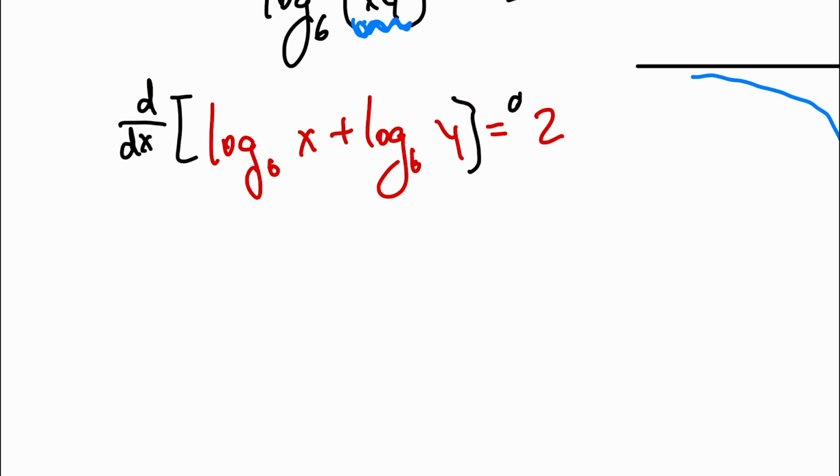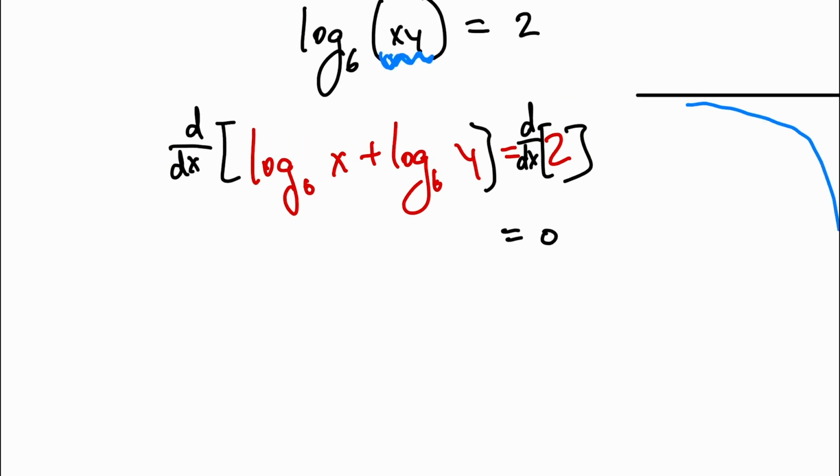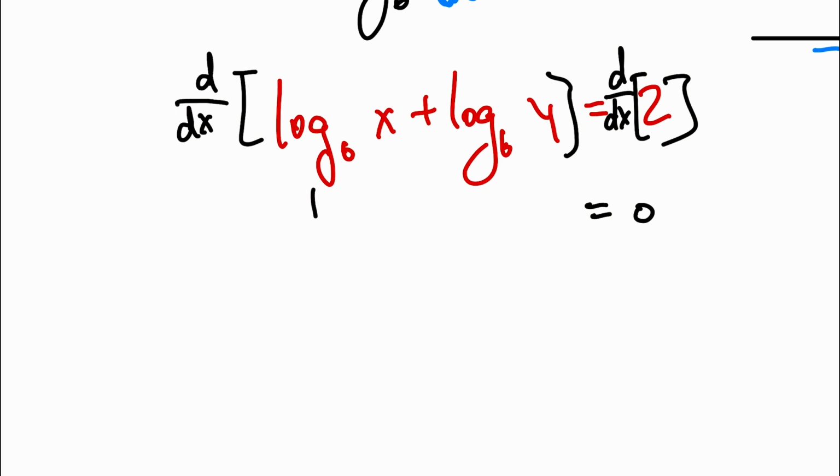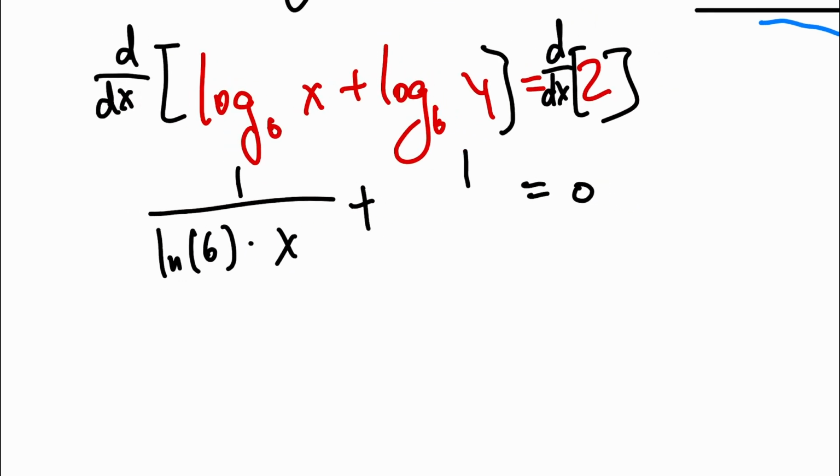Obviously, the right side is just going to be 0, and for the left side, we need to use logarithmic differentiation. So that will be 1 over ln of 6 times x. And we need to add, so that is the sum rule, 1 over